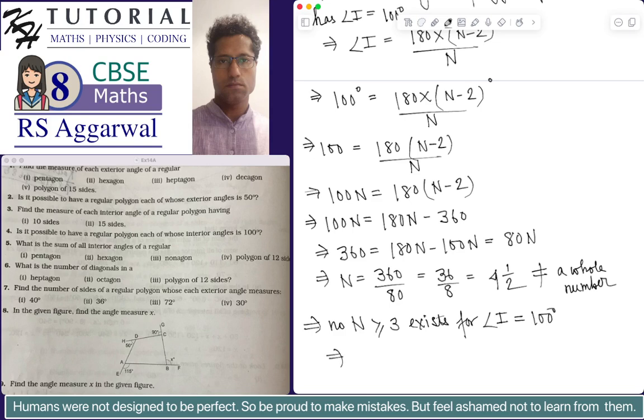Therefore, an interior angle of 100 degree is not possible for a regular polygon. So this is not possible. A regular polygon cannot have each interior angle equal to 100 degree. Okay,